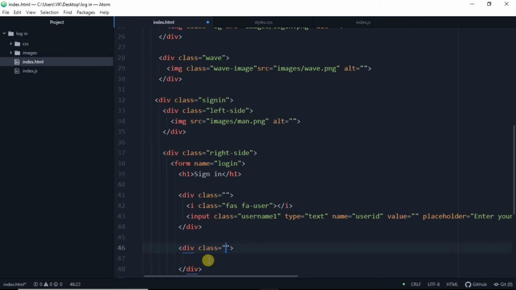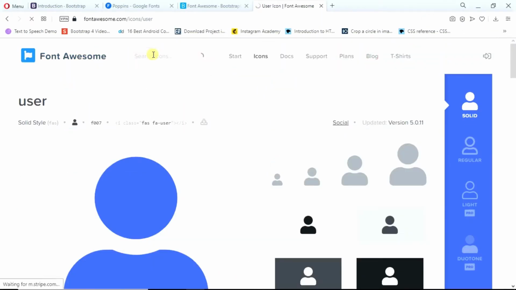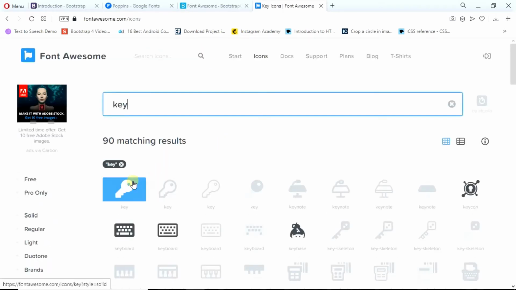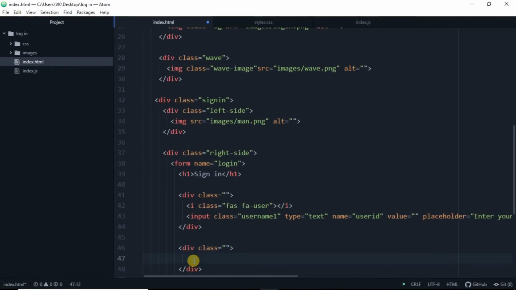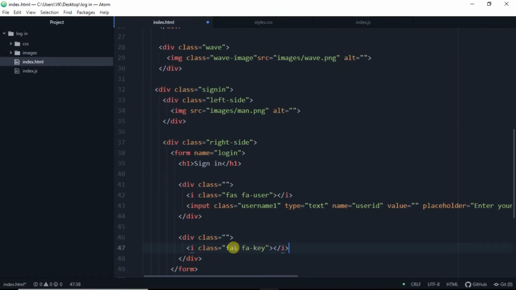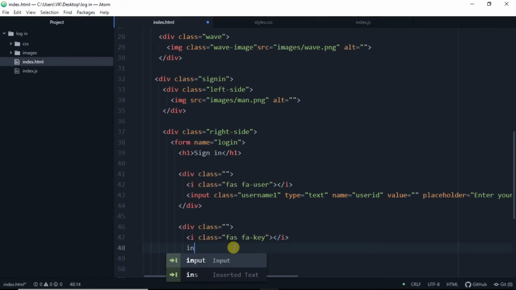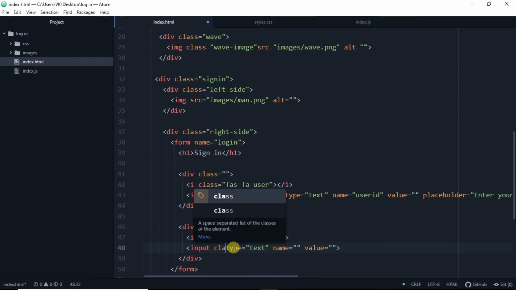Okay, so we'll make a new div and we'll search for key, the first result, and click on start using this icon, copy it, and paste it here. Again input tag and the class will be password. Let's keep it password simple.